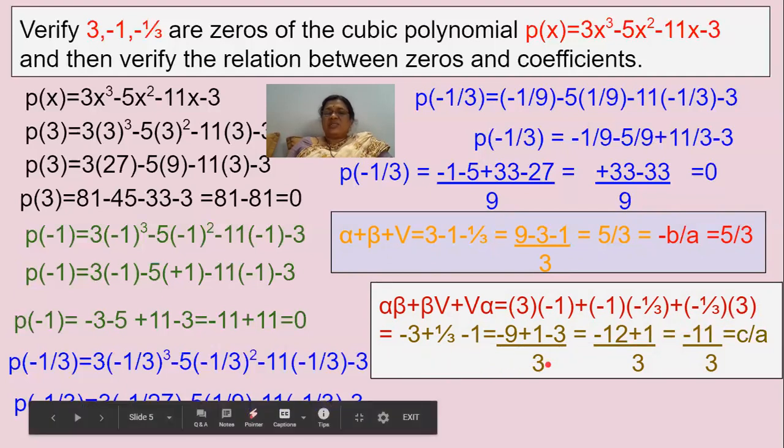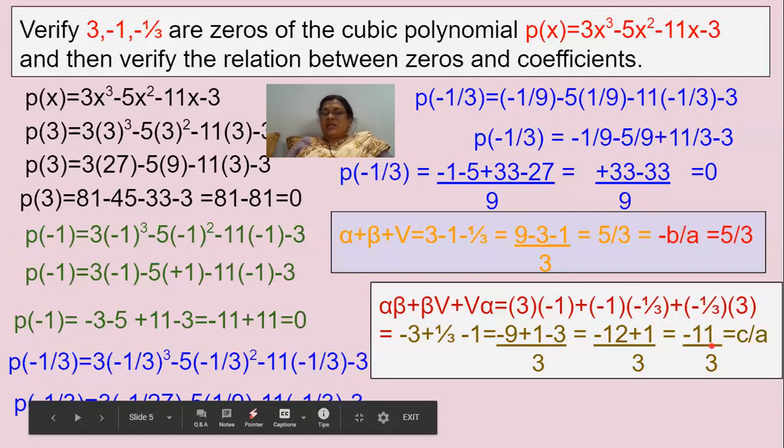So here the LCM is 3. When you cross multiply, nothing is there in the denominator. So simply you have to multiply the LCM with the numerator and substitute like this, isn't it? So 3 into 3, that is minus 9. Here 3 into 1, that is minus 3. So here plus 1. Plus 1 means there is a denominator, no need to multiply, just put plus 1. So minus 9 minus 3, you'll get minus 12 plus 1, that is equal to minus 11 by 3.